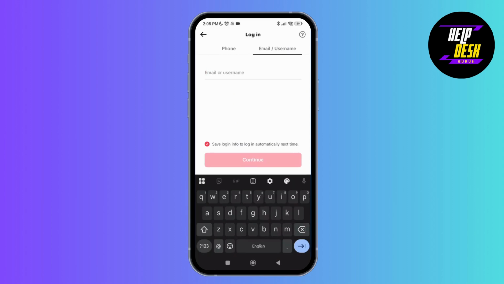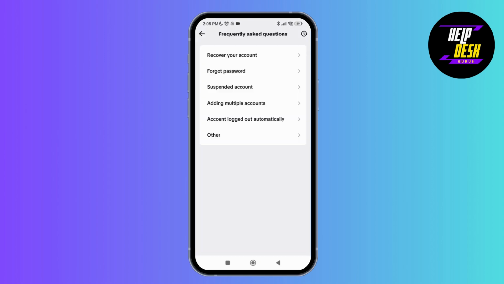But if that doesn't work, then you can just tap on this question mark icon at the top right corner of the screen. And as you tap on the question mark icon, it will give you different options. So just wait for a while until it loads, and as it loads it will give us the option of recover your account at the top. So just tap on recover your account, and as you tap on it, it will take us to yet another page